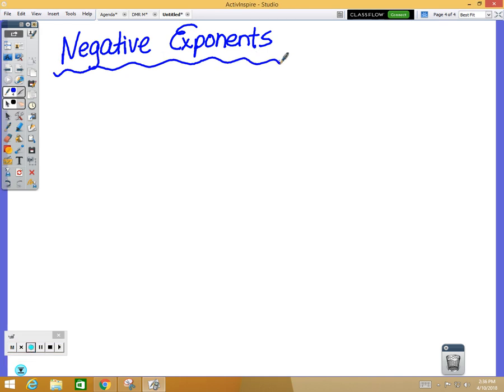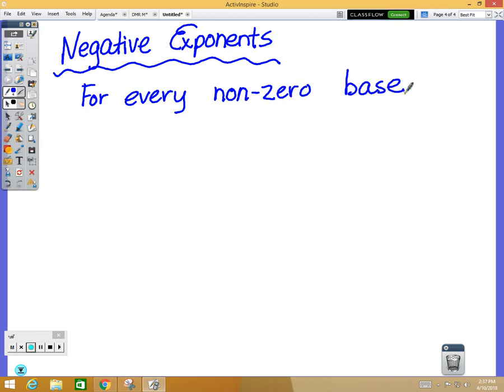Negative exponents. Again, we're talking only about when the base is not a 0. So for every non-zero base, if you have a base to a negative exponent,